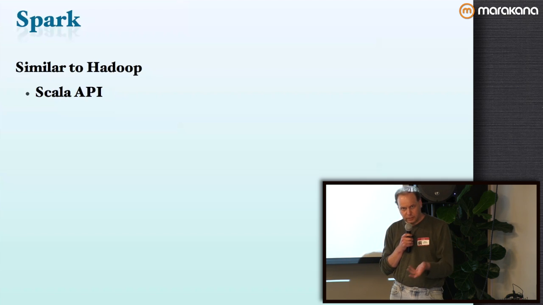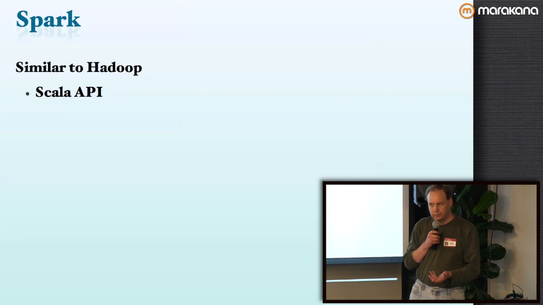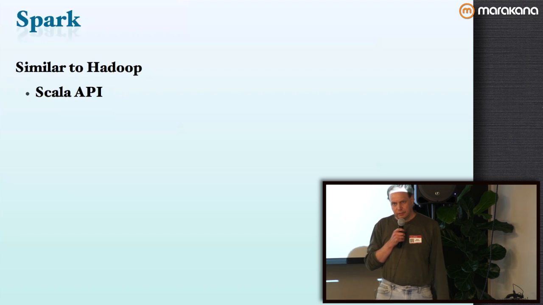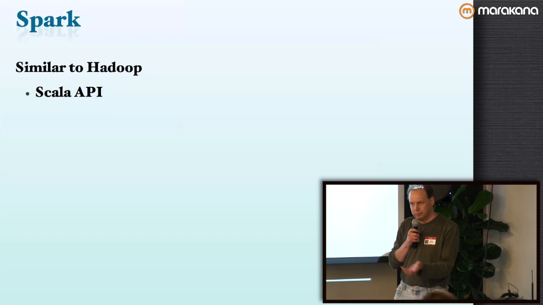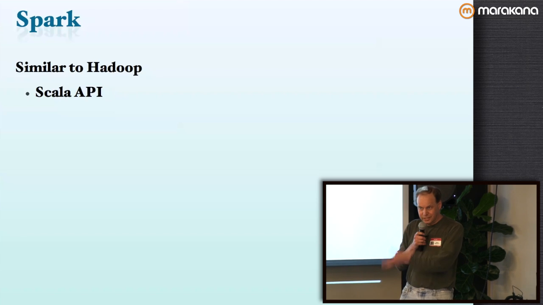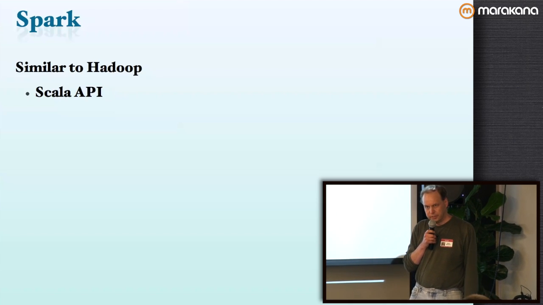And it has a Scala API, and the Scala API for Spark is almost identical to the Scooby API. You can literally change a D-list to an RDD here and there, a couple other keywords change, and you can pretty much run the exact same MapReduce job that you would run in Scooby over onto Spark. Spark actually lets you do some things you can't do with Scooby, so we can go further and run more generalized DAGs,